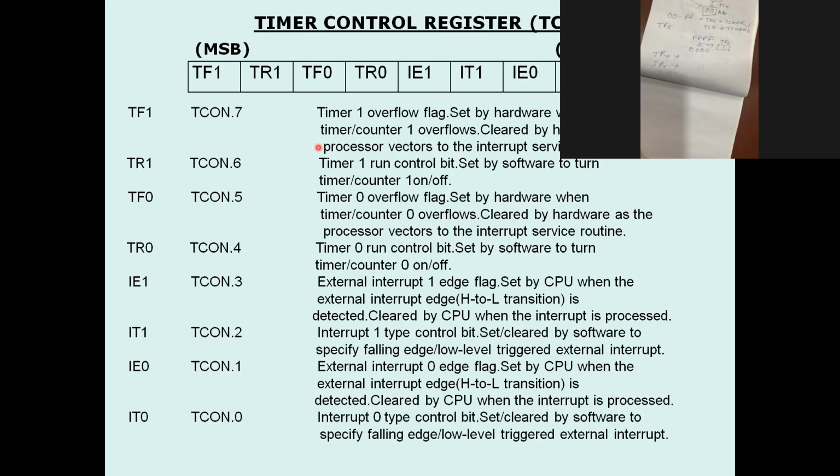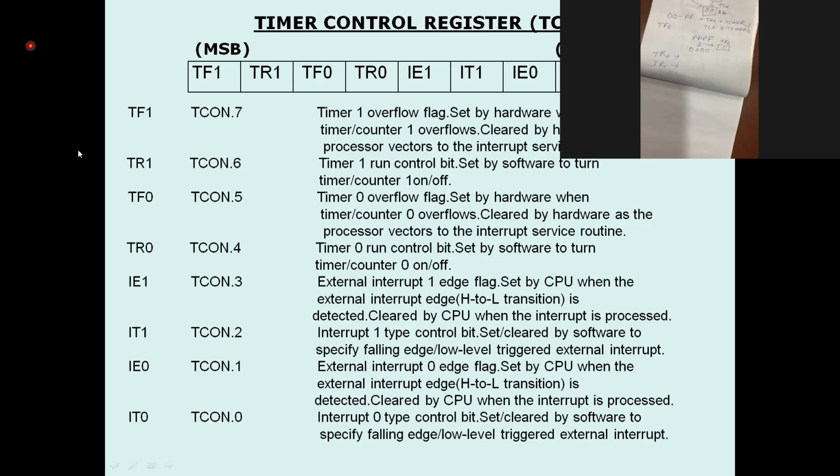Okay? When external interrupt detected. Is it clear? Yes, sir. Next, what will be the next step?